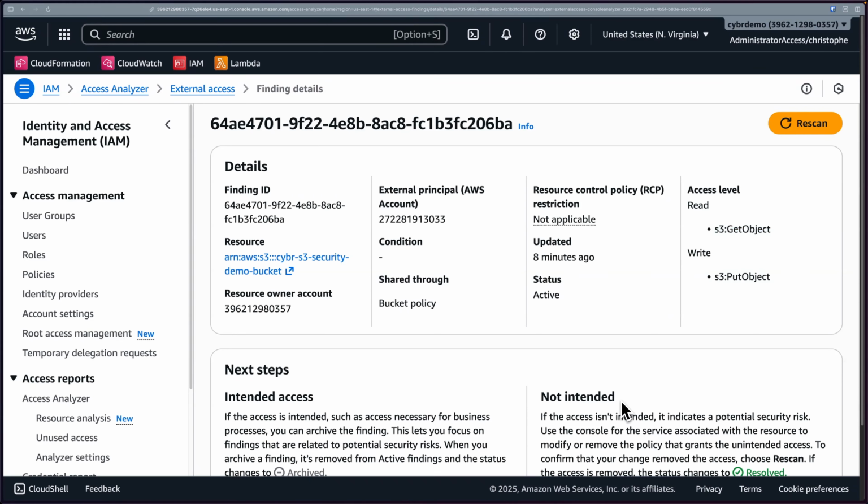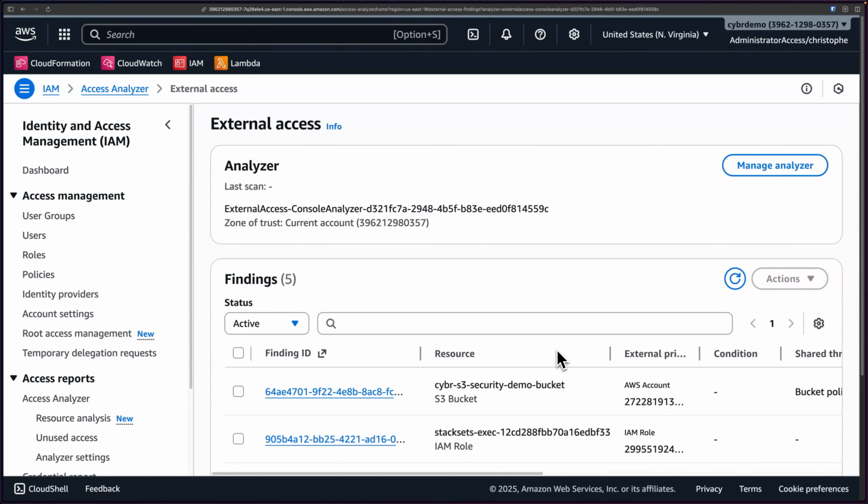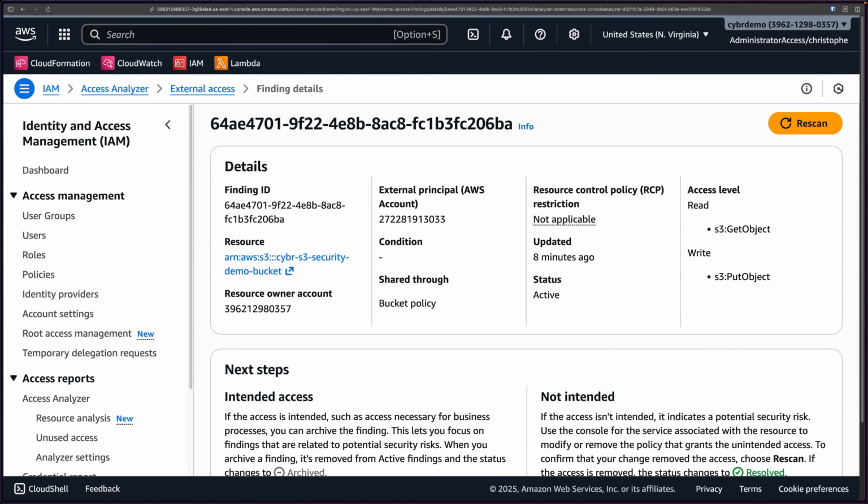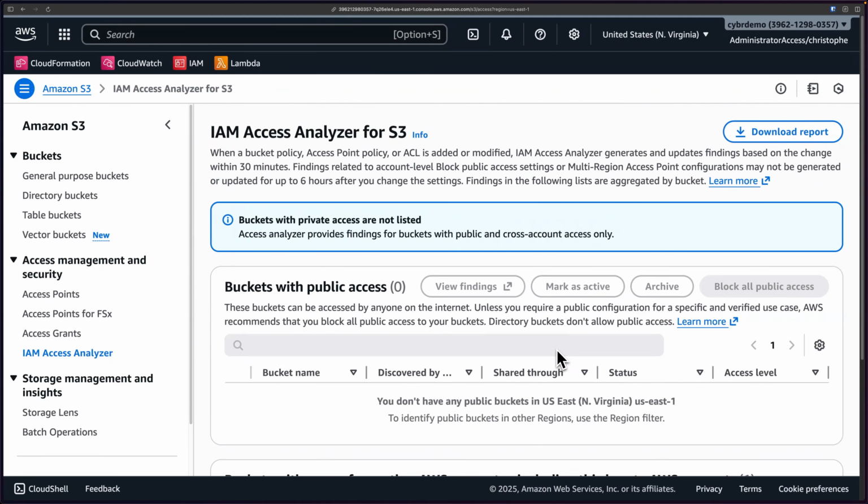Now this works because once you've enabled it, Access Analyzer will continuously evaluate your S3 resource policies, and this will include your bucket policies, your access point policies, bucket ACLs. It'll even include something called multi-region access points, or MRAP configurations, as well as your account level S3 block public access settings. If I go back to the S3 page that we had pulled up, we can get more information